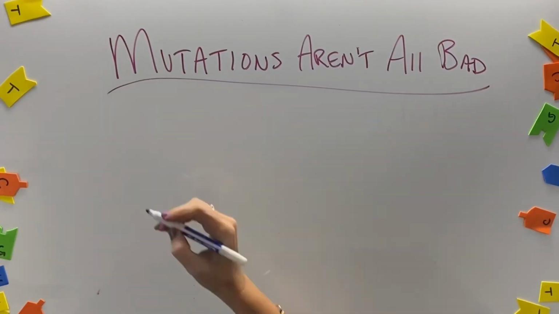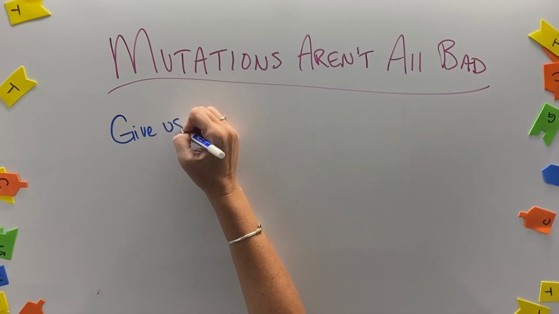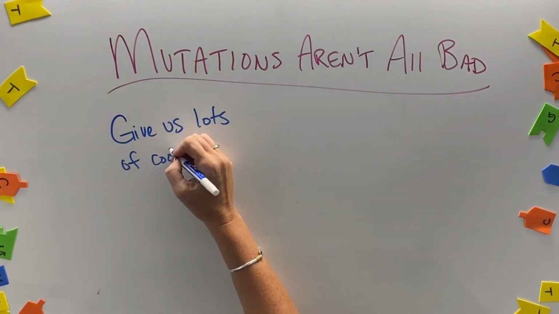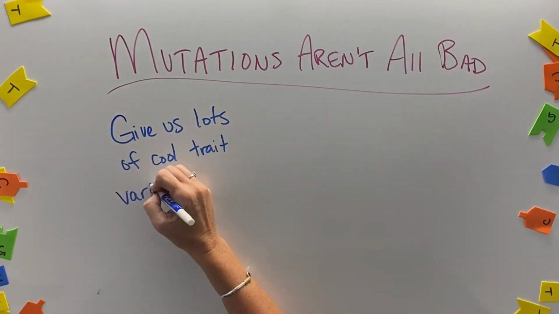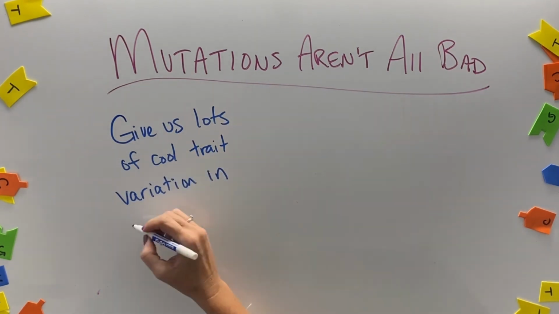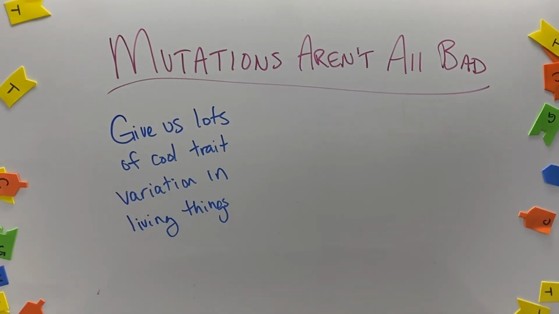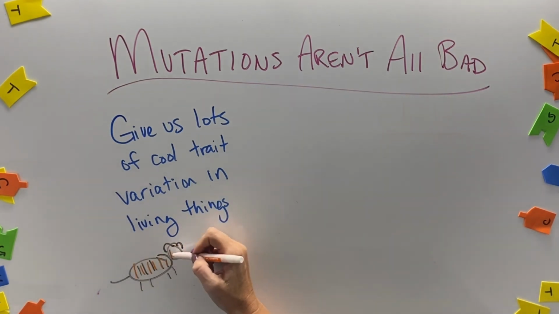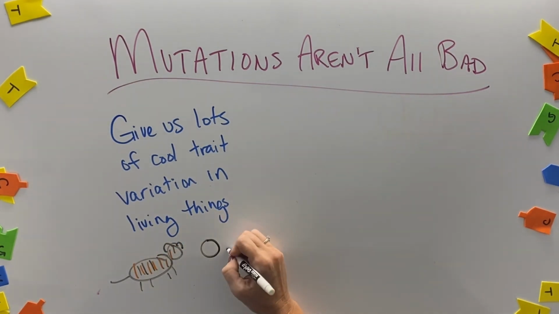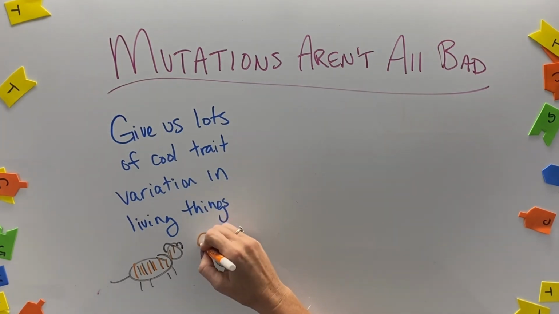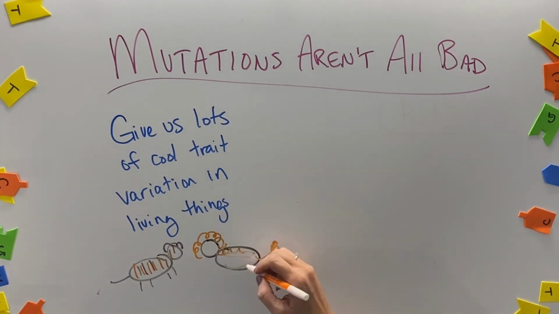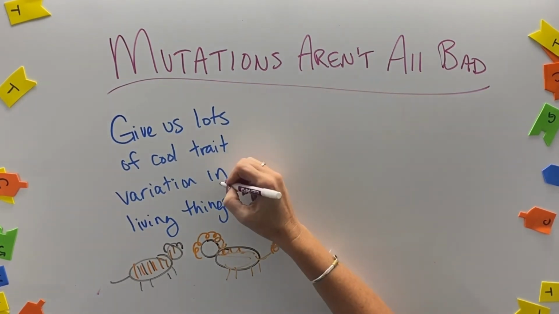The last point I want to leave you with is that mutations are not all bad. Mutations give us all of the really cool variation of traits that makes the world an interesting place. It gives us cats that have stripes and spots and giant manes. It gives us humans that have brown eyes and blue eyes and green eyes and curly hair and straight hair, and all of the great variation of the different trees that have all the cool different leaves. Those were all caused by mutations that happened generations ago that have been passed down and inherited to just become things that we think of as normal traits.